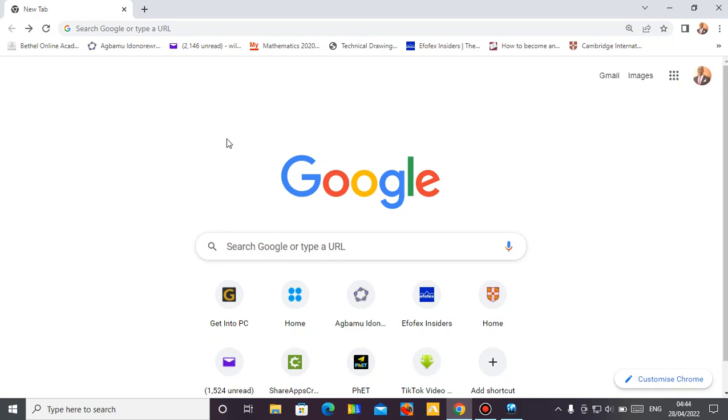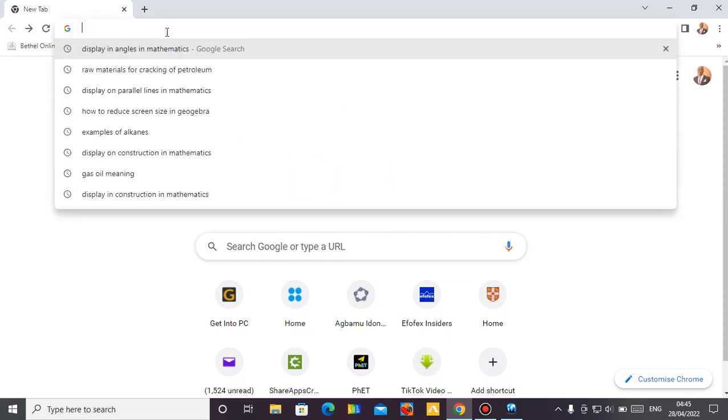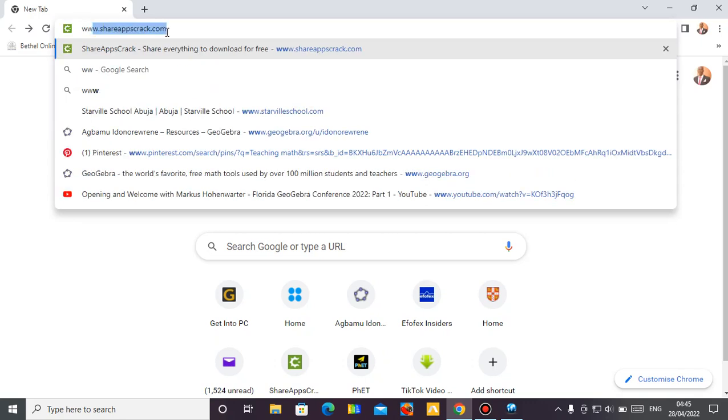Geogebra is a dynamic mathematics software that can help you to teach maths very well and to make your children understand it very well. To start, you need to download it from the website, and the website is